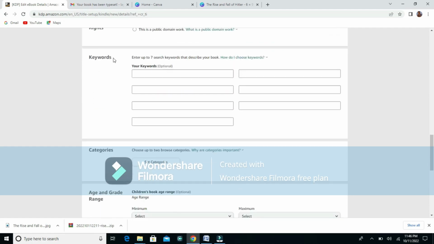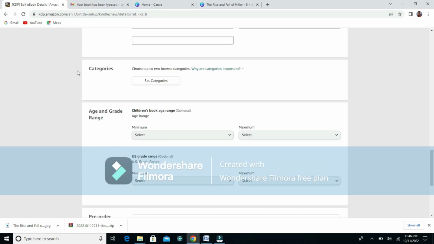Now after that, we have the keywords. Keywords are words related to your topic. If you have any words related to your topic, you can input them here in your keywords. While it's optional, you can ignore it. So now I don't have any keywords. I'll ignore this. Now under category,